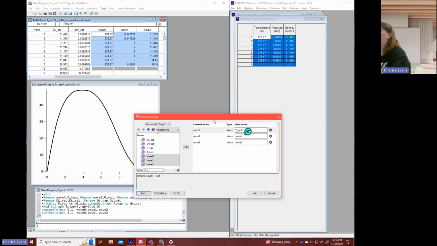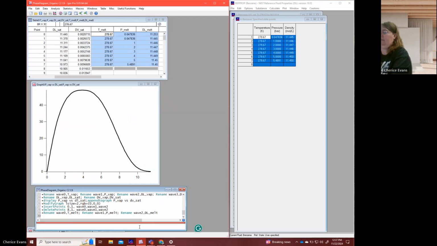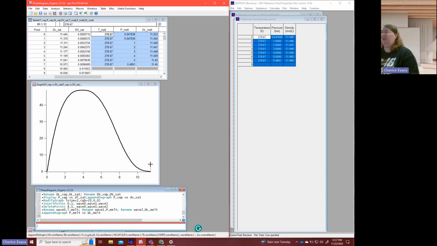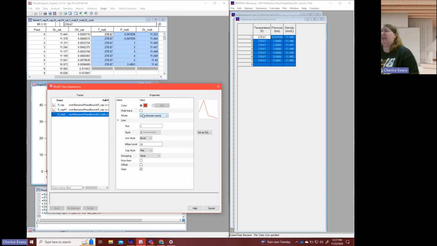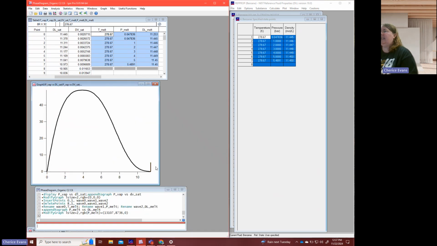this is T underscore melt, and this is the liquid melting line. And again, I'll pin melt, liquid melt. And that's it. That's all we got for the melting line. And that's because we get to the place where the density maximizes and RefProp can't calculate past that. You can see the density is barely changing. So if I really wanted to extend that line